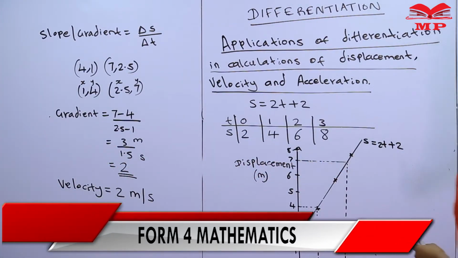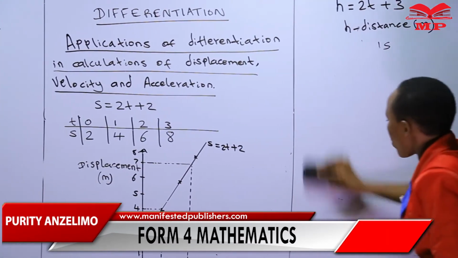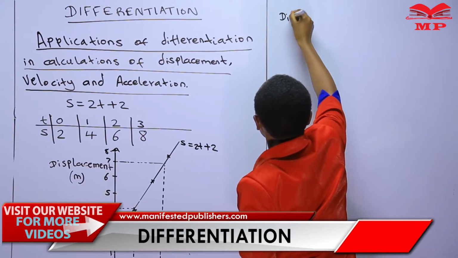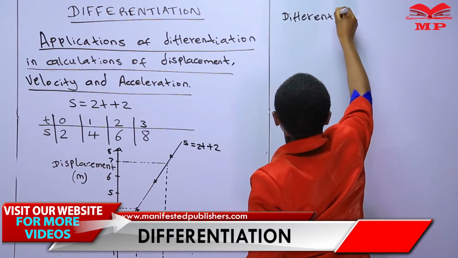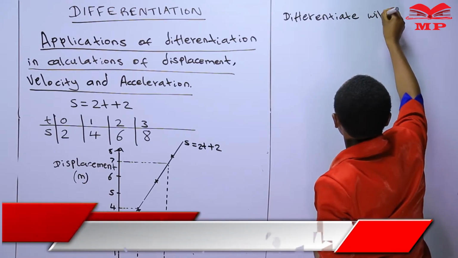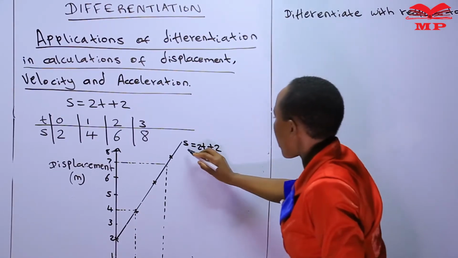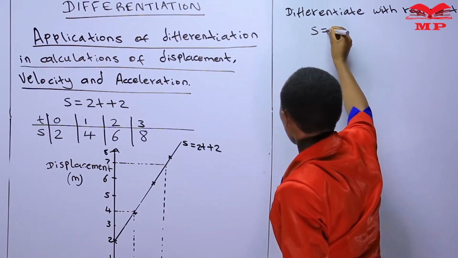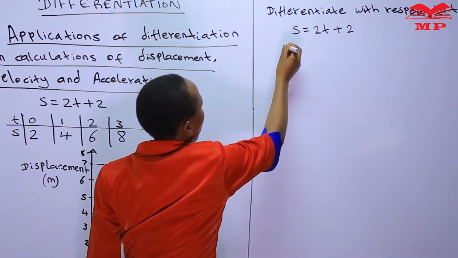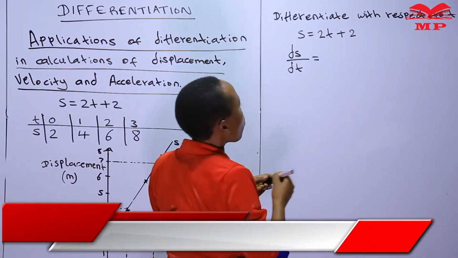And I want us to consider the following. I want us to differentiate our equation with respect to t. So we have our equation S is equal to 2t plus 2, and therefore when we differentiate this, we are going to get ds over dt, which will be equal to,